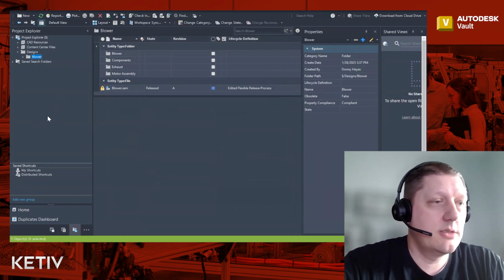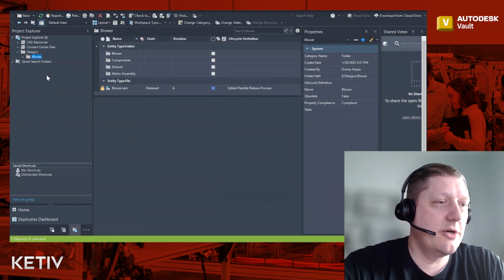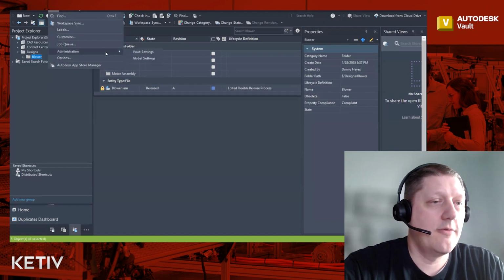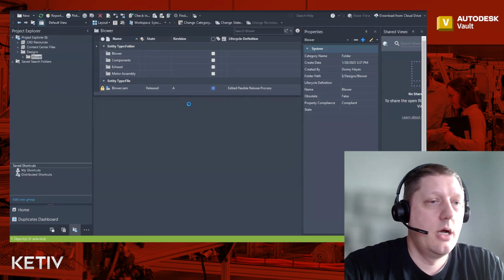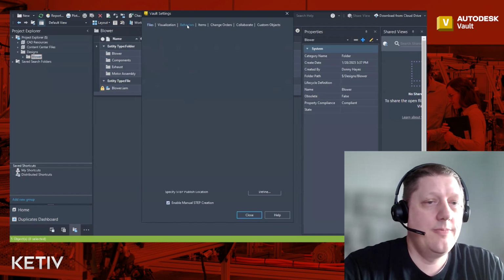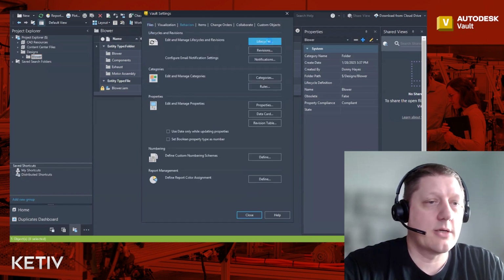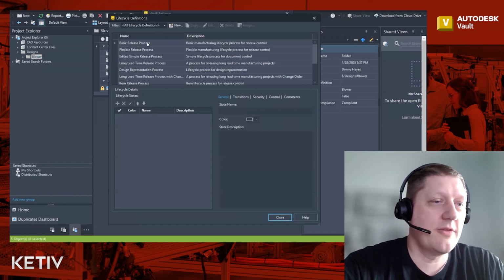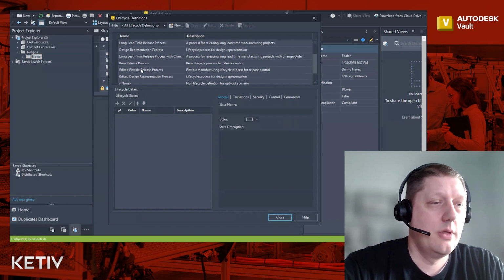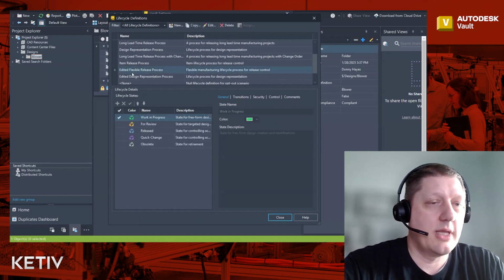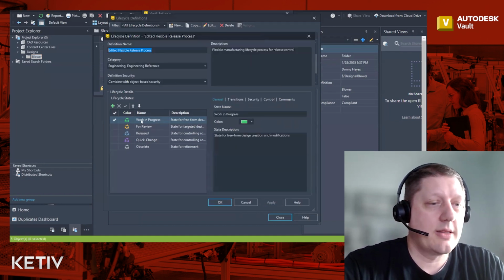To assign permissions for the group to the various life cycles you may have configured inside of your Vault, click Tools, Administration, Vault Settings, click the Behaviors tab, and then click Life Cycles. This will open a list of the life cycles that you have set up inside of your Vault, and you will select the life cycle that you would like to edit, click Edit,